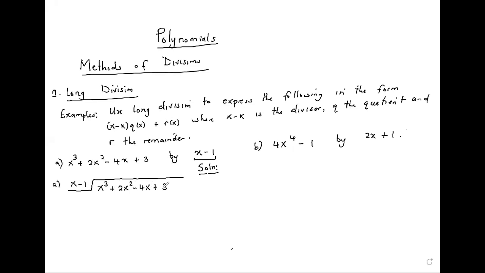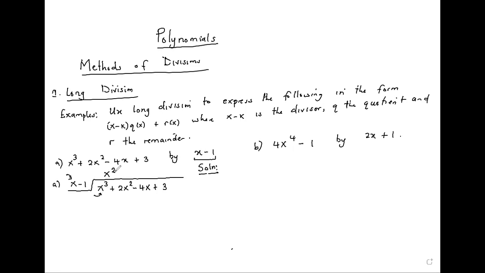And then now I start dividing. What is x to the power 3 divided by x outside? So what you're doing here is you're looking at the highest degree outside and the highest degree inside. And then you divide the highest degree inside by the highest degree outside. So say x to the power 3 divided by x, which is outside. So we'll get x